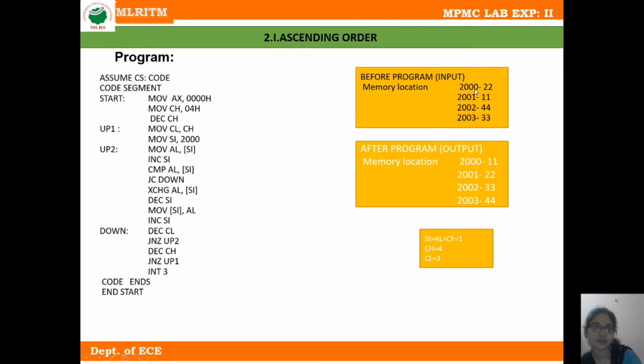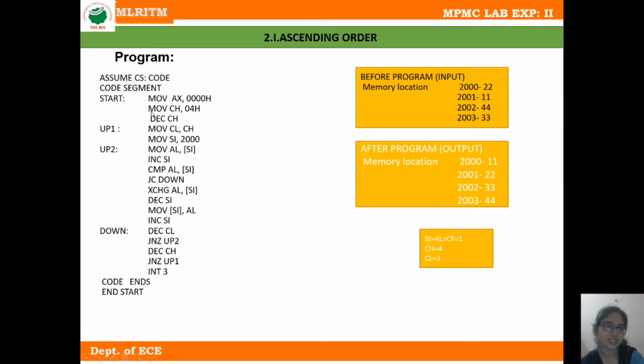So I am assuming that first SI is containing this. My first instruction is MOV AX, 0000. Through this instruction, the content of the AX register is cleared.